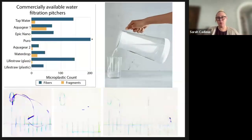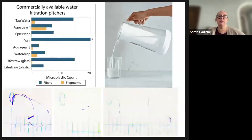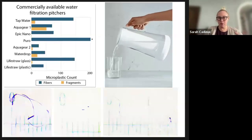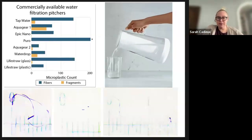And every tap water we looked at had microplastics present as well. With that knowledge, we tested commercially available filters. I didn't want this project just to be alarmist, because there was a community component to that. So we wanted it to be informative and provide actionable items. All of these filters that were chosen were ones that we were able to get at Amazon or Target